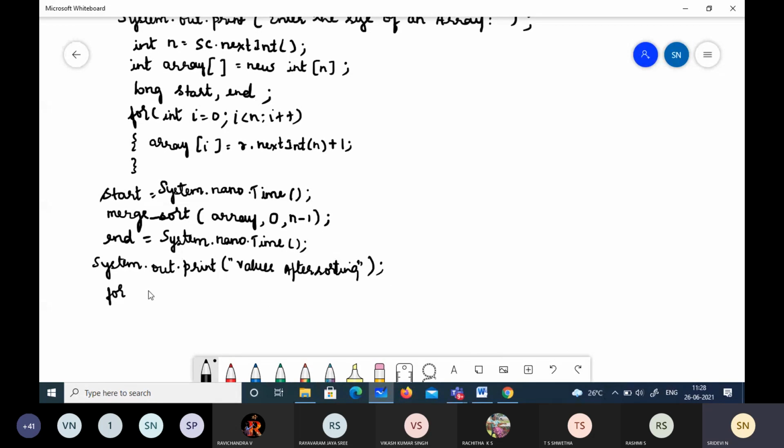So as you know, to print an array, we obviously need a for loop. Here we are using a for loop. Some loop we need, isn't it, to print the elements which are stored in the array. So we will print